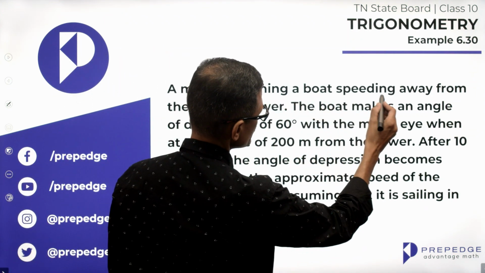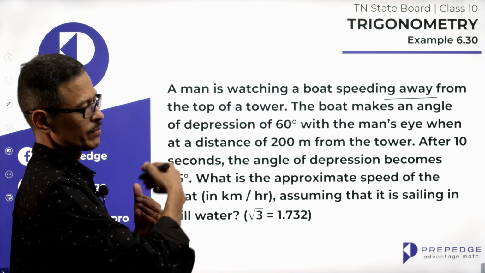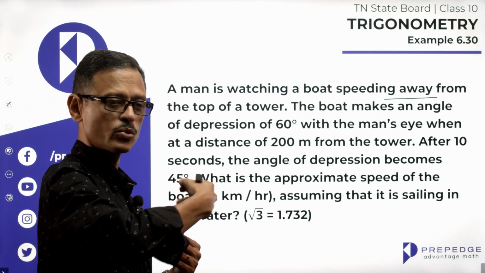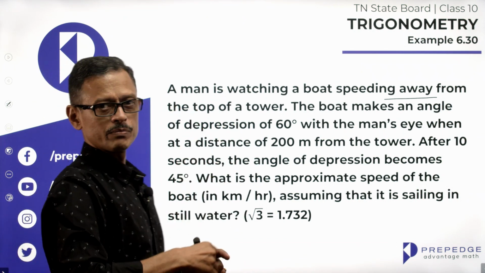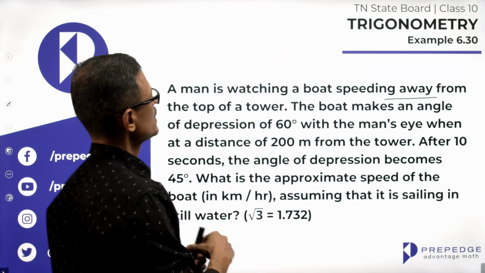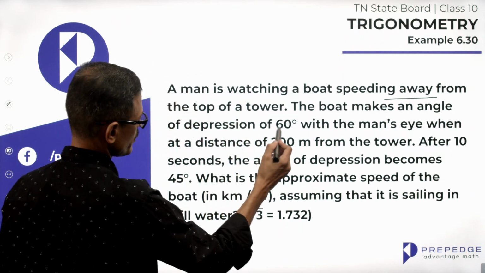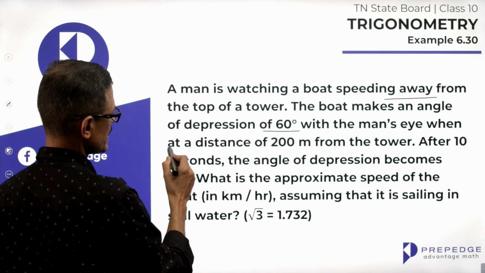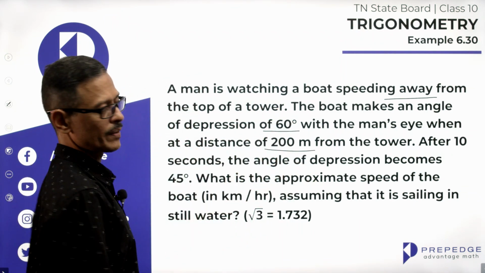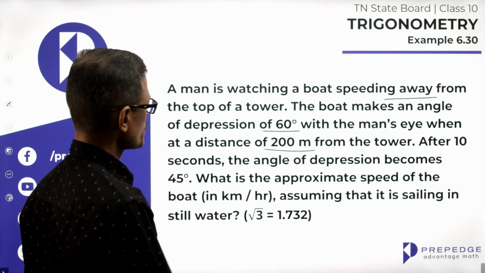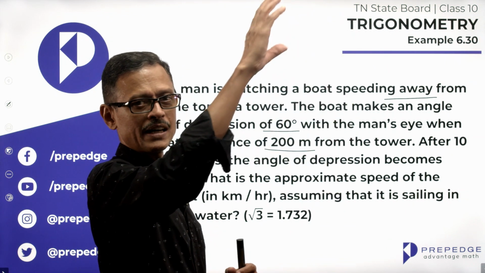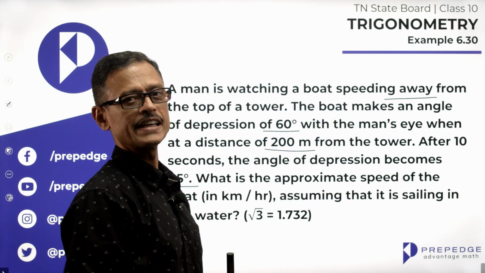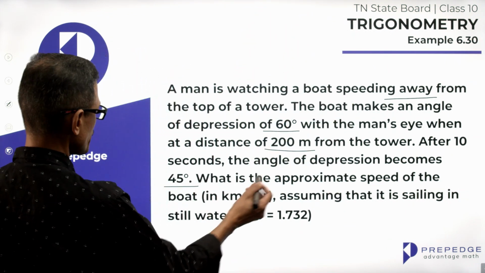a boat speeding away. From the top of a tower, when he looks, the boat is speeding away from him. The boat makes an angle of depression of 60 degrees with the man's eye when it's at a distance of 200 meters from the tower. After 10 seconds, the angle of depression becomes 45 degrees. So the boat is going away from the man and the angle of depression becomes 45 degrees in 10 seconds. What is the approximate speed of the boat